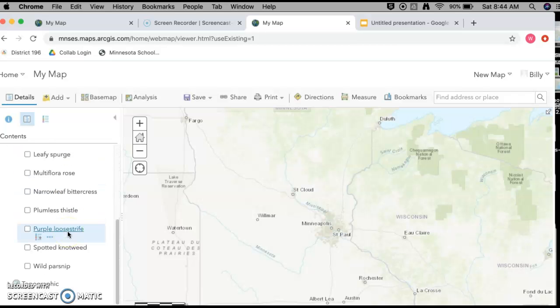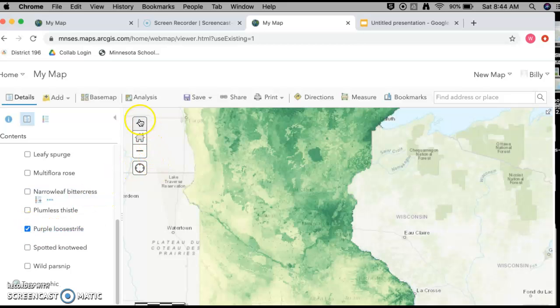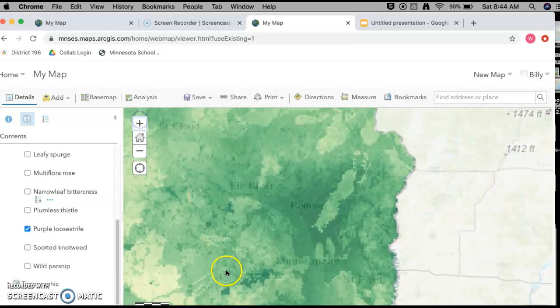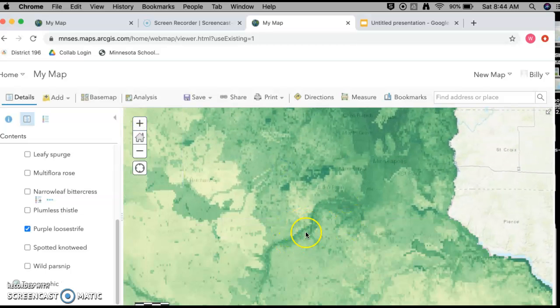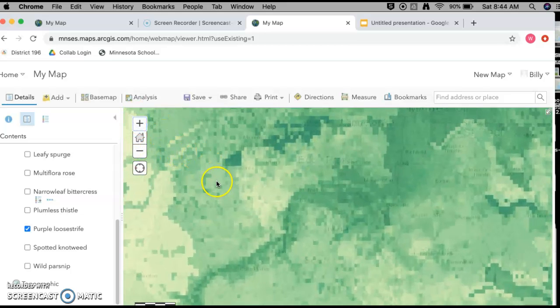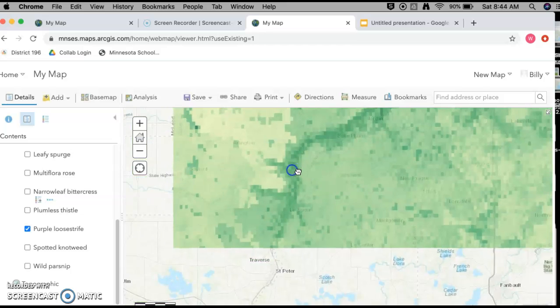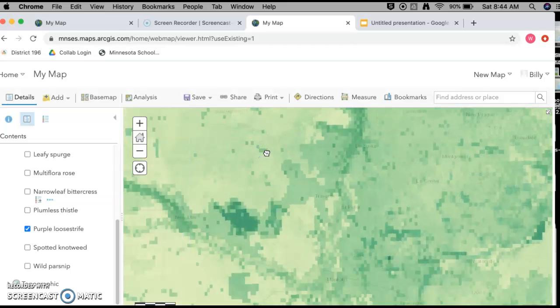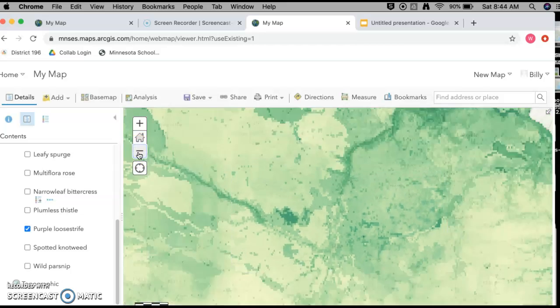I will just choose, for the sake of this, purple loosestrife. That is a pretty common water invasive species. You can see that the darker areas are along a lot of our rivers and streams here. So if I found a spot that I would like to take a look at, and maybe my park, if I outlined it somewhere, we'll talk a little bit about how to add your park later. But this could be a layer that I would use because this is an invasive